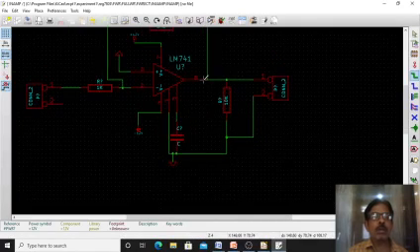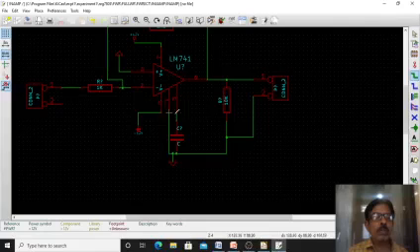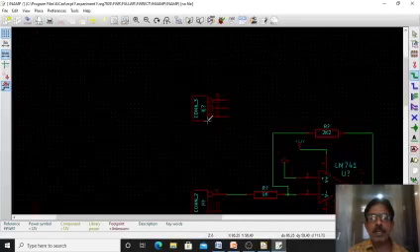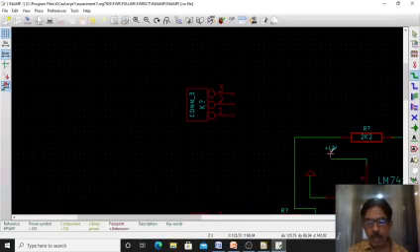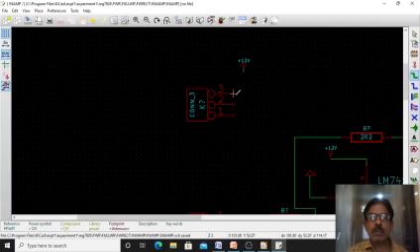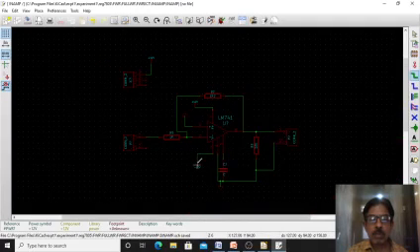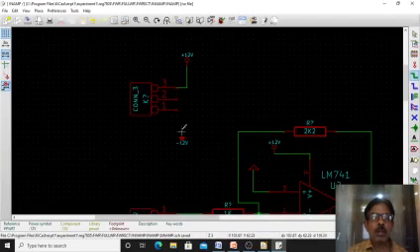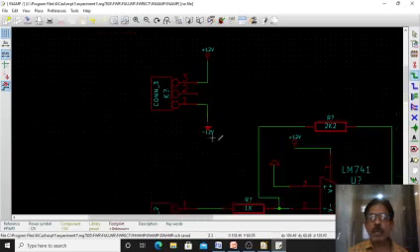Then plus 12, minus 12, ground, it is over. Then I require 3 power flags. And for this also you connect VCC, VEE and ground. For example, I will copy 12 volt. See, I can connect here. This is connected to 12 volt, and I will copy minus 12 also. Now I will connect this to minus 12, and I will copy ground also.